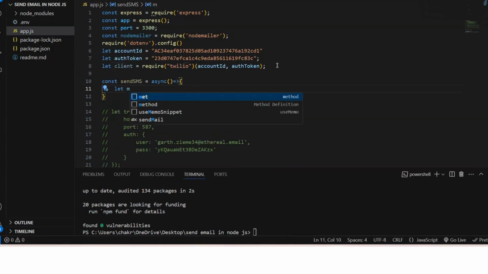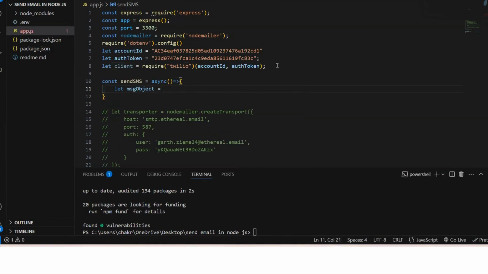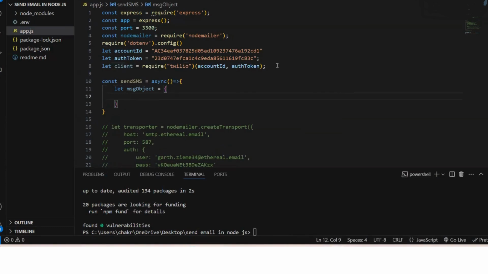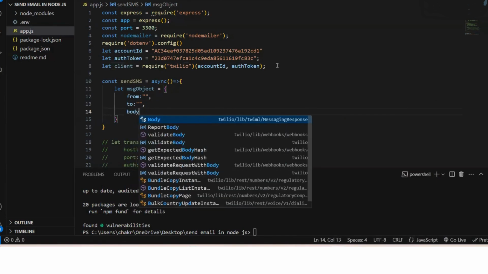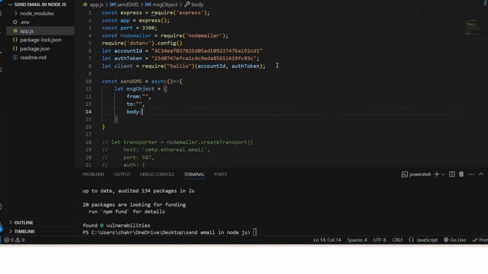Now here also you have to write one message object, where we have to specify our from phone number and to phone number, and the body I want to pass. So the message body we also have to write, right? So in the function we can pass this as params,